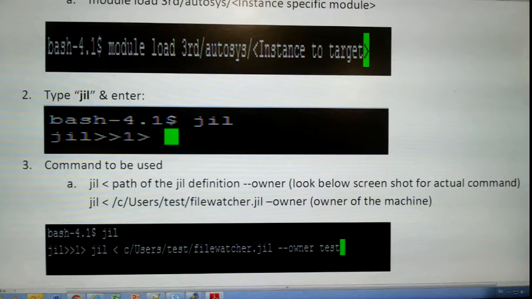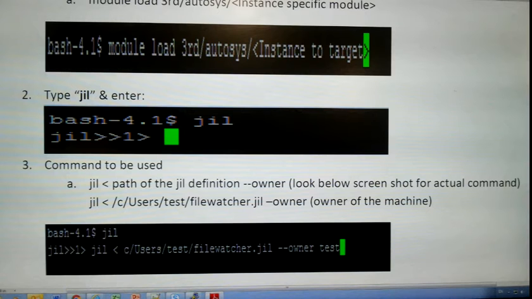So rather than entering the attributes one by one, you can put all your attributes in one file, and pass that file to your JIL command along with the owner, and then press enter. In that way, the JIL definition, or you can say your autosys job-related attributes, is uploaded into the autosys database. Afterwards you will be ready to start using that particular job in your environment, right?